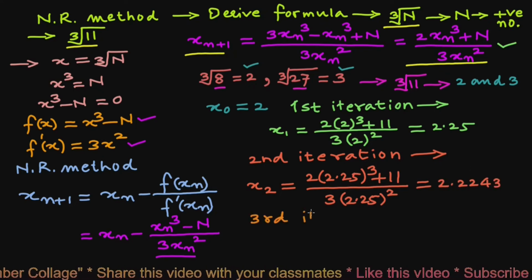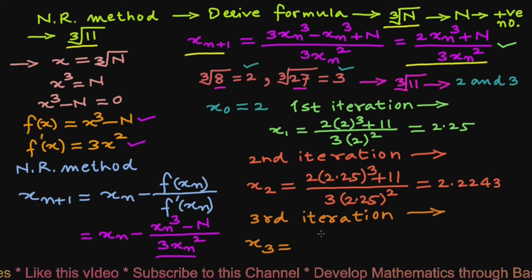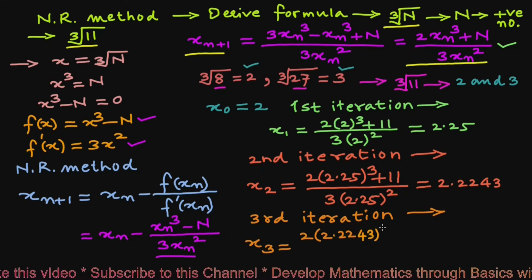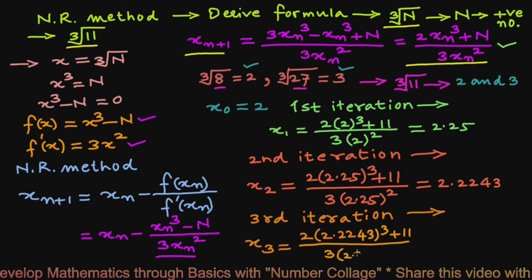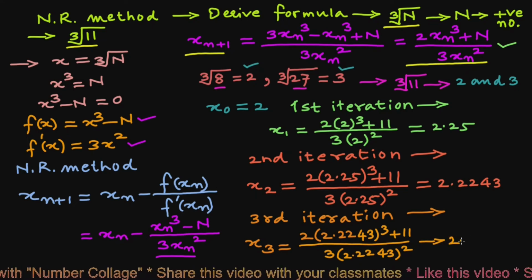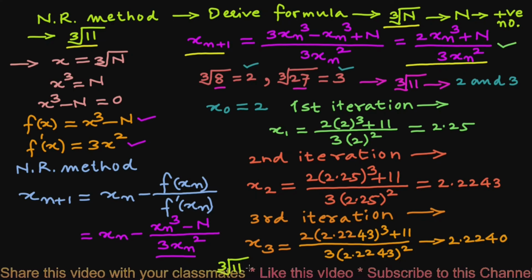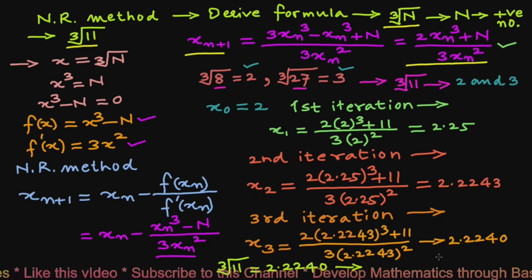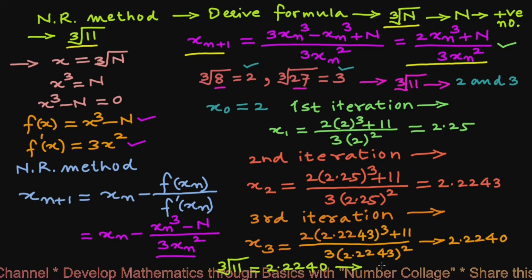Third iteration gives us the third approximate root x3 equals 2 multiplied by 2.2243 cube plus 11 upon 3 multiplied by 2.2243 square. This works out to be 2.2240. Hence we write cube root of 11 equals 2.2240, which is very close to the actual root found on calculator,